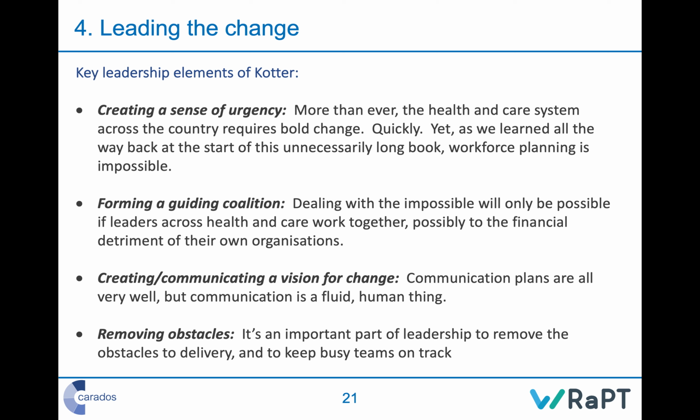Leading the change. Leadership is the most undefined thing that you find in implementation, but it is absolutely critical. If there's one thing which will improve or cause a project to fail, it is good or poor leadership. It is absolutely vital. A few things to think about here is that you need to create a sense of